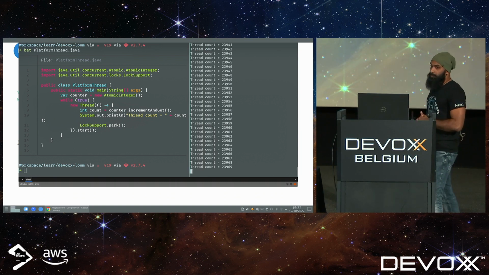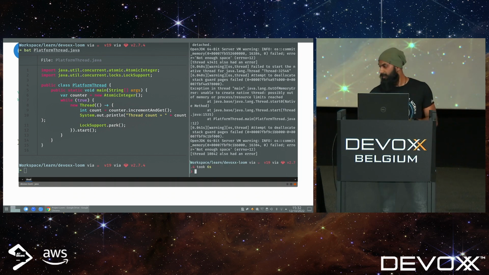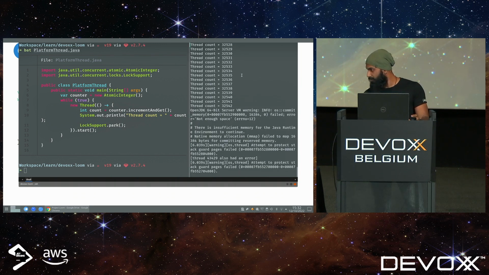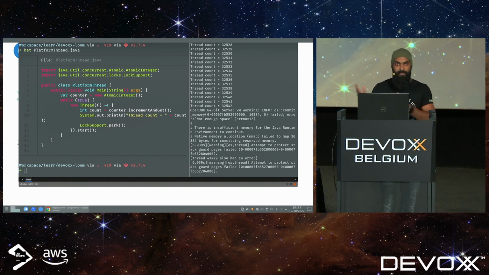It's still quite a lot, I know. So it's going to crash. Let's see how much it managed to create. So around 32,000. Consistently, whenever I run, I get not the exact same number, but somewhere around 32,000. So that's what this configuration is able to create. So you may be wondering how that is possible, right? Because I only have 16 physical threads, the OS threads.